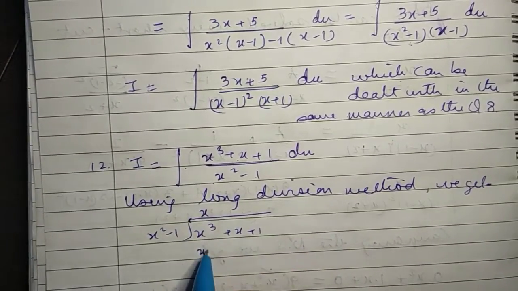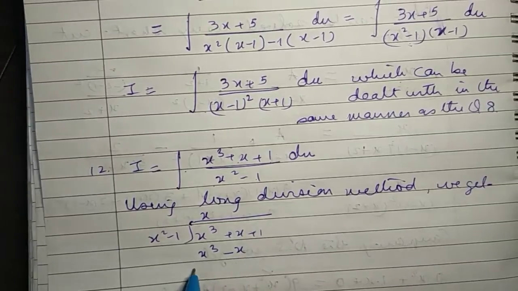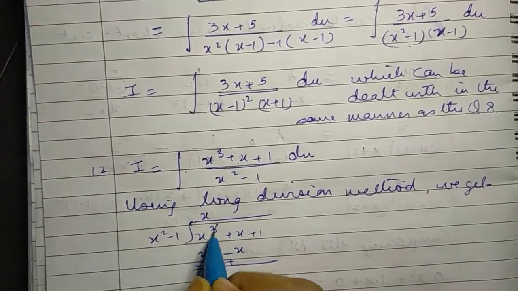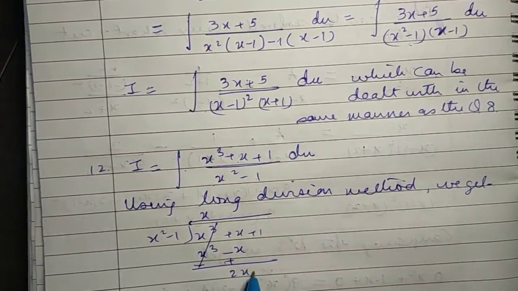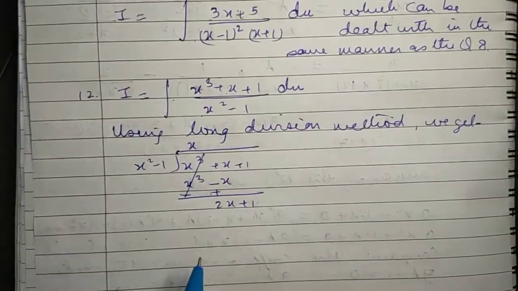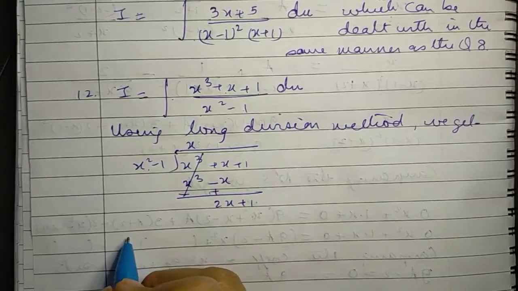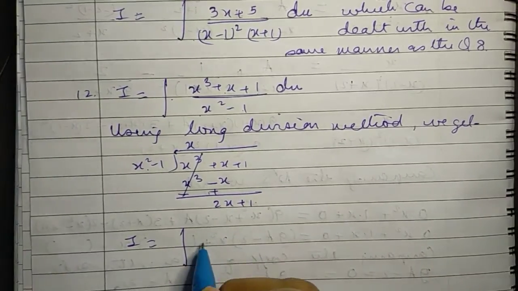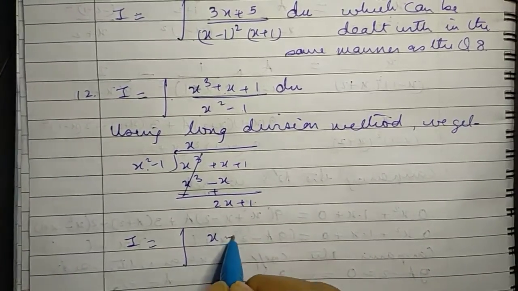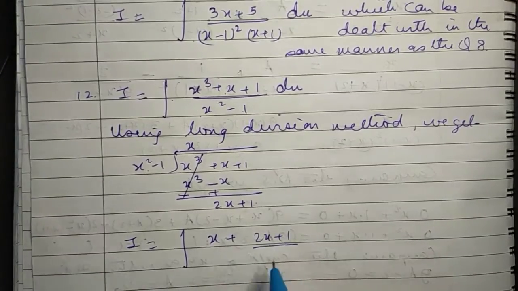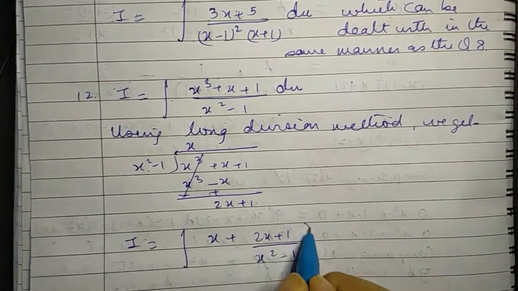It goes x times, x cube minus x, and then when you subtract it, this gets cancelled and you're left with 2x plus 1, which remains, which is of a lower degree than the question which is given to us. So clearly I can be written as, we get x plus 2x plus 1 upon x squared minus 1 into dx,